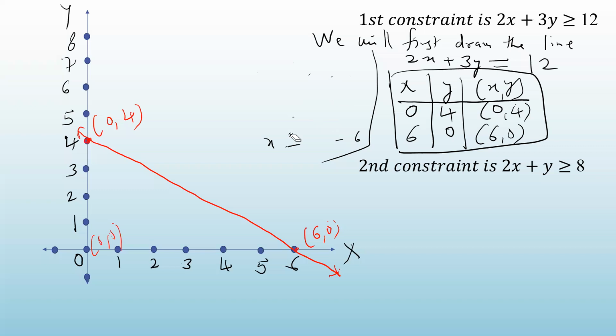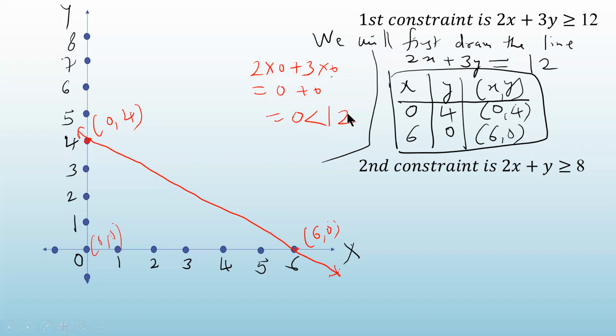So put x equal to 0 and y equal to 0 in the left hand side of the equation. So you will get 2 into 0 plus 3 into 0. So 2 into 0 is 0, 3 into 0 is 0. So I'm going to get 0. What is the right hand side? It is 12. So what is the relation between 0 and 12? It is less than. That shows that the region in which (0, 0) lies is given by the inequality 2x plus 3y less than 12.